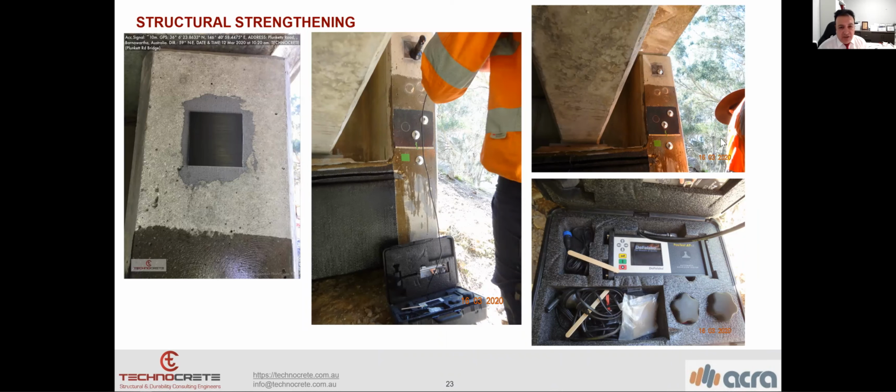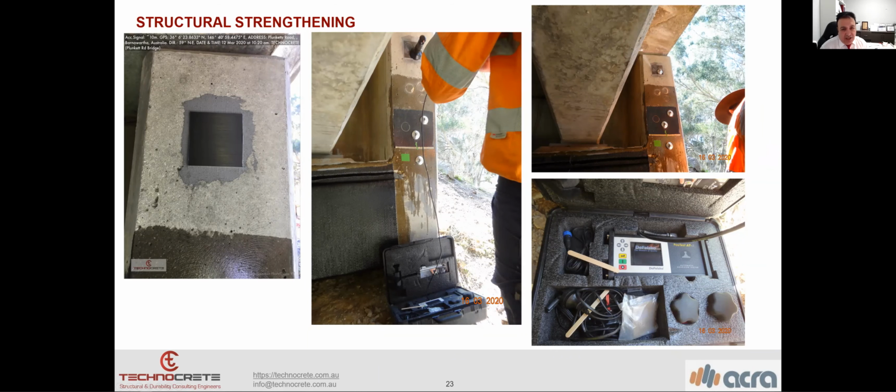We have to achieve at least 1.5 megapascal of tensile bonding. If it's less than that, we should see what the problem is. Based on the outcome of the pull-off test, we can judge whether it's the bond between the wrap and the concrete, or the bond between the epoxy and the wrap. Based on the results of the pull-off, we can decide what the outcome has been and what we should do.